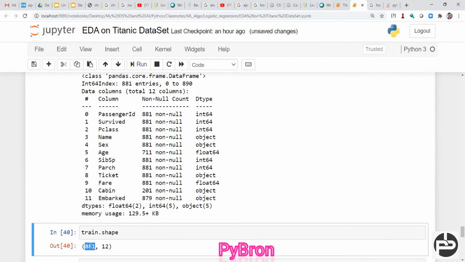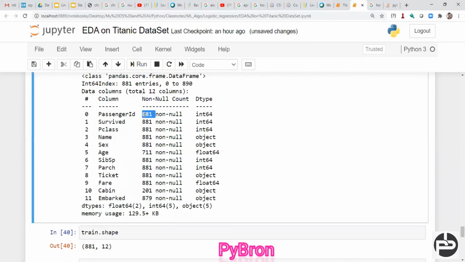You can see we have 891 data points, and all 891 are non-null, meaning everything is filled. Survived also, but in the case of age, only 711 out of 891 are non-null, meaning the remaining have null values. So we have to deal with that, right? Hope you understood how the info method works.